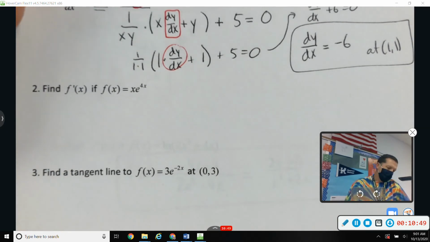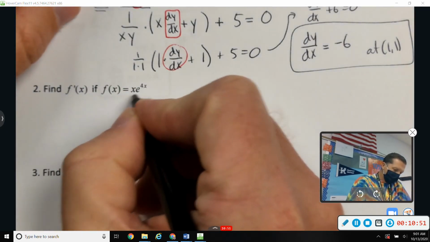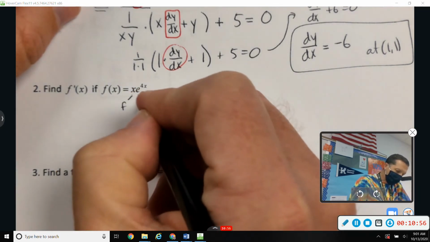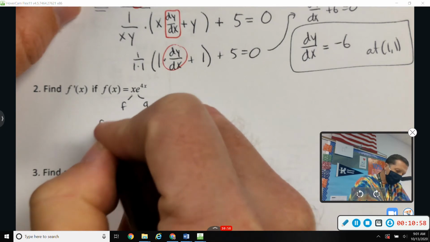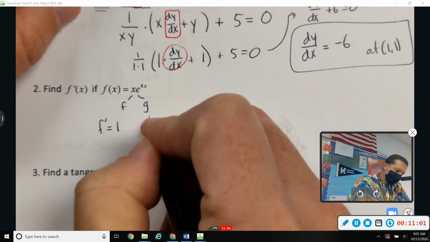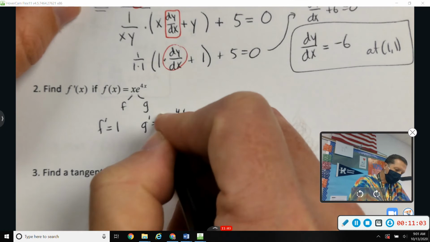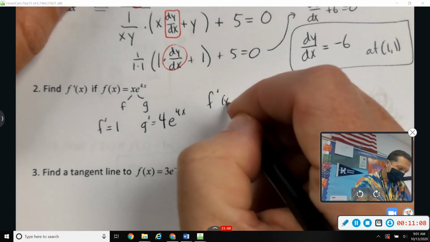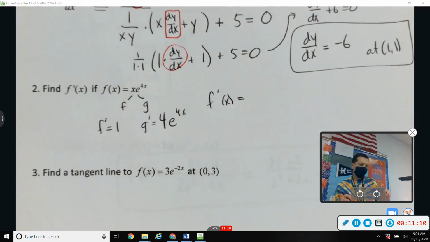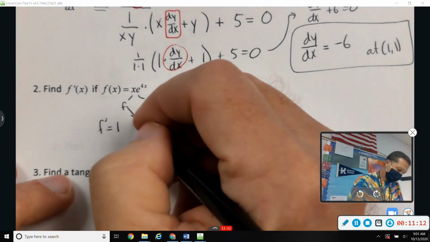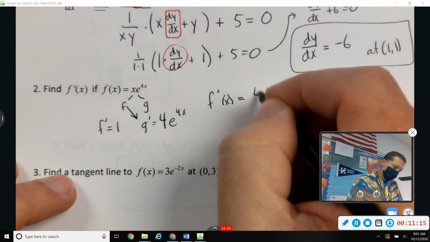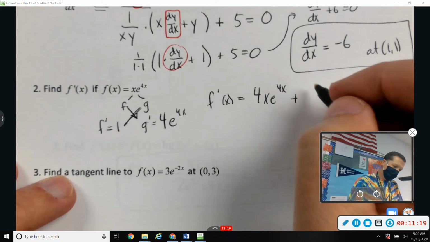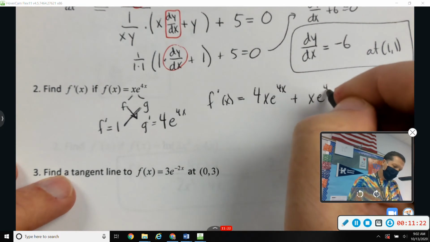Number 2, find the derivative if f of x equals this. Maybe you could do this one in place. Maybe you want to show the work. F prime would be 1. G prime would be e to the 4x times 4. So this is pretty straightforward, I think. First times derivative of the second. So that would be x times 4e to the 4x plus the other way around,